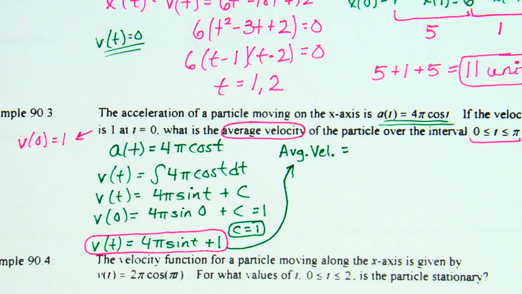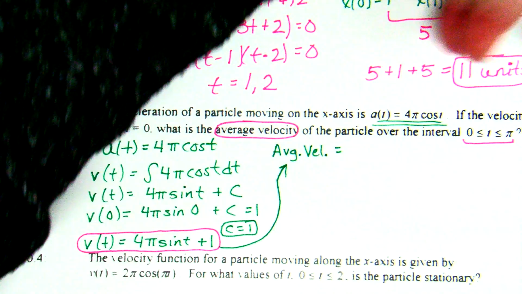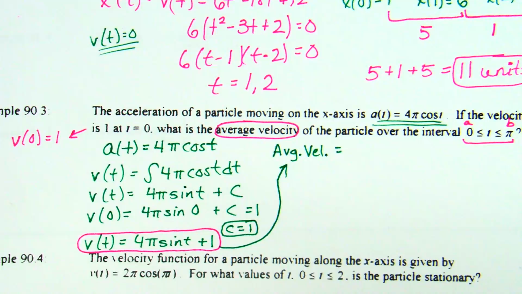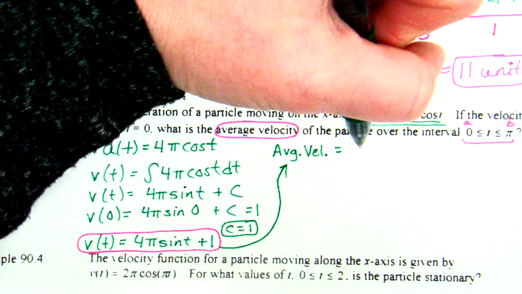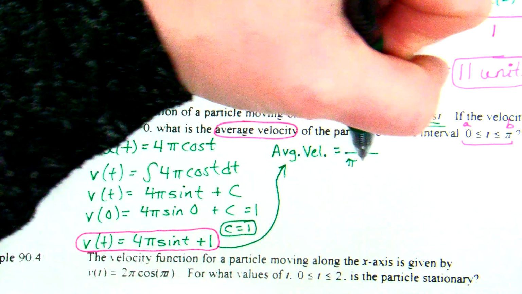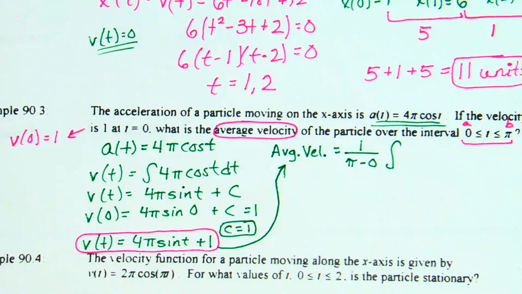And what are my b and a here? b is pi, a is 0, because the interval is your a and b, and my interval goes from 0 to pi. So average is 1 over b minus a, so 1 over pi minus 0, times the integral from